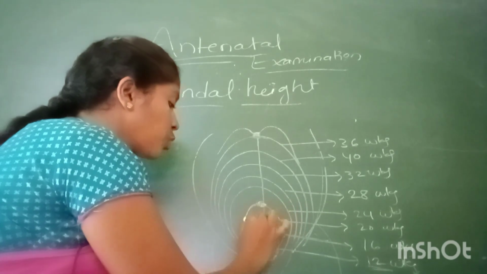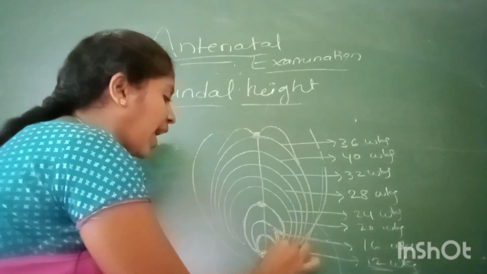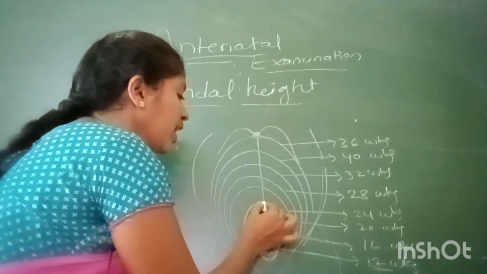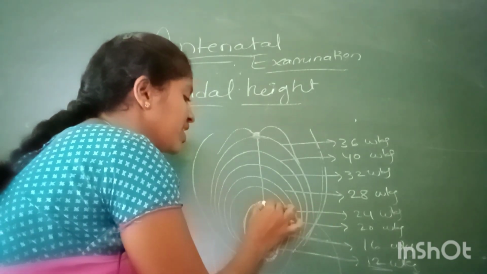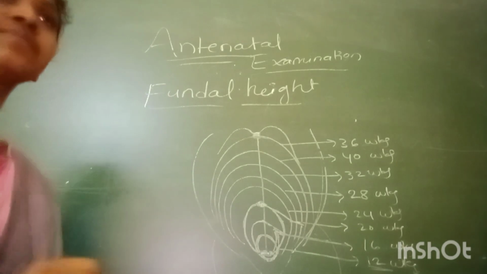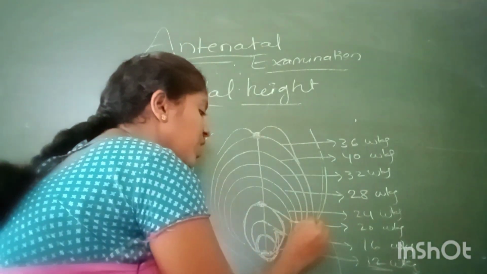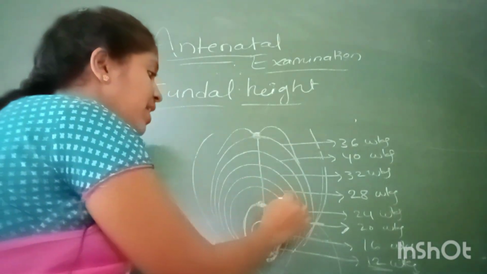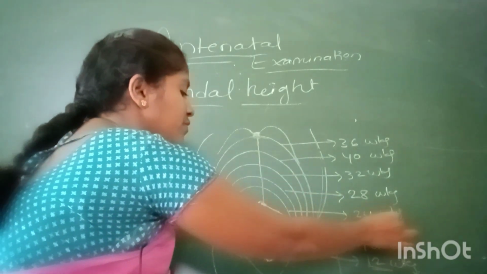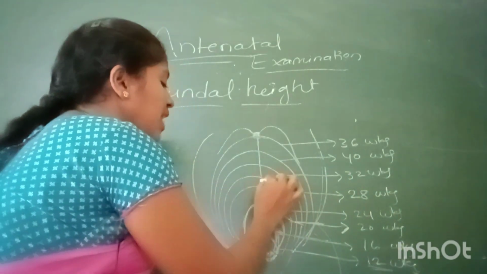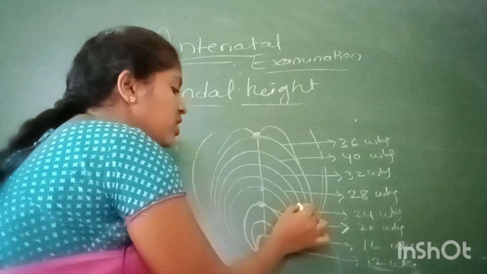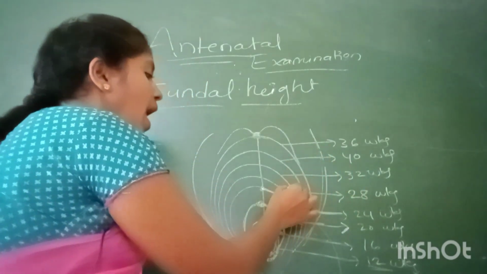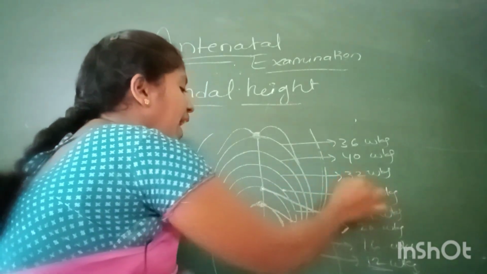And at 20 weeks of gestational age, it reaches the umbilicus level. And at 24 weeks of gestation, it is just above the umbilicus. And at 28 weeks, it